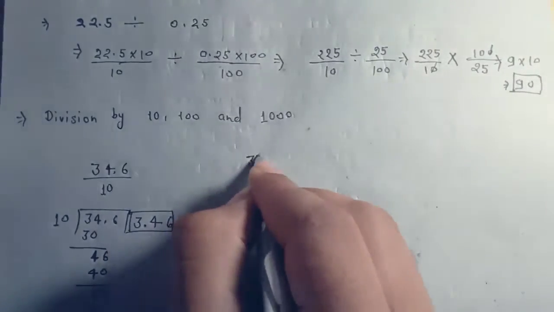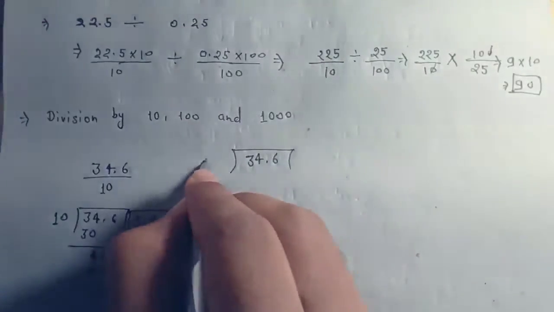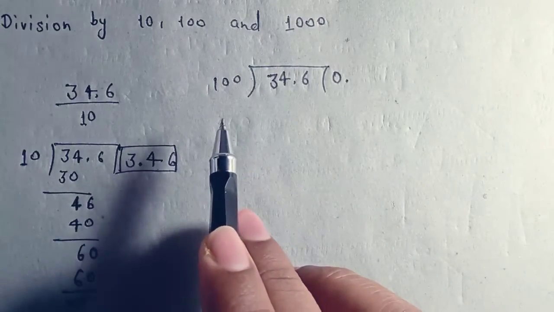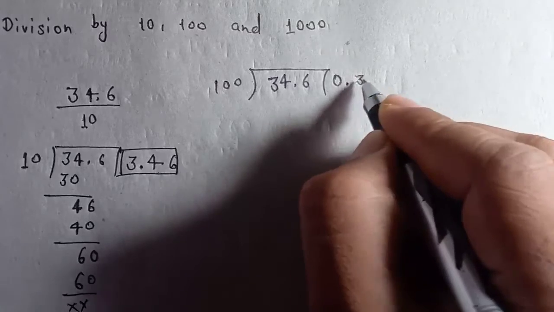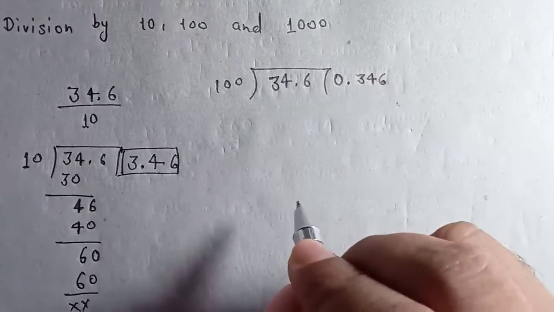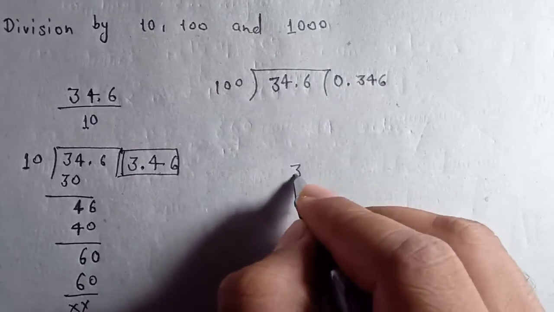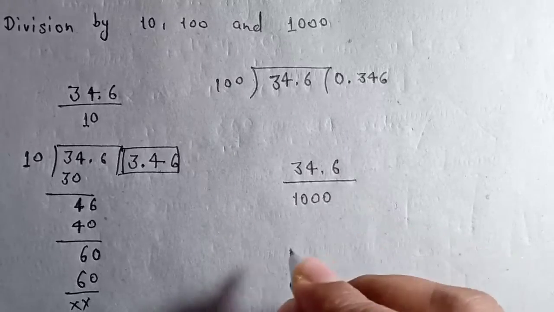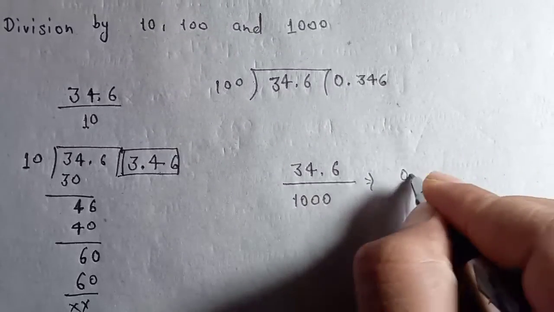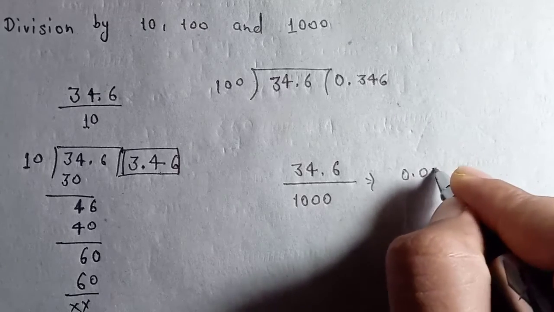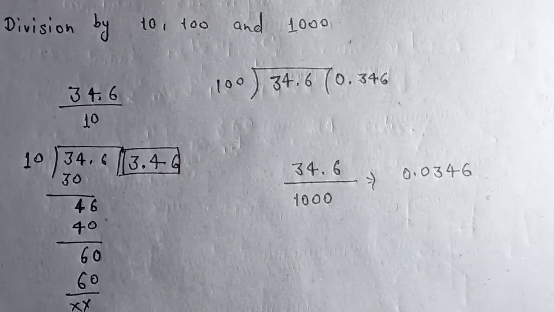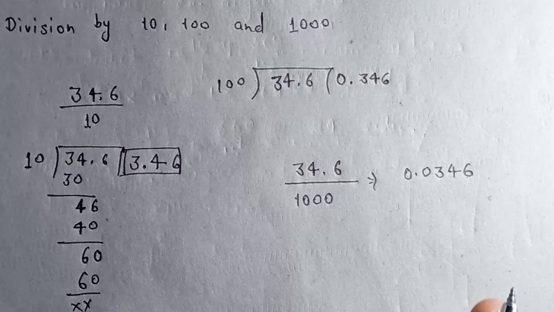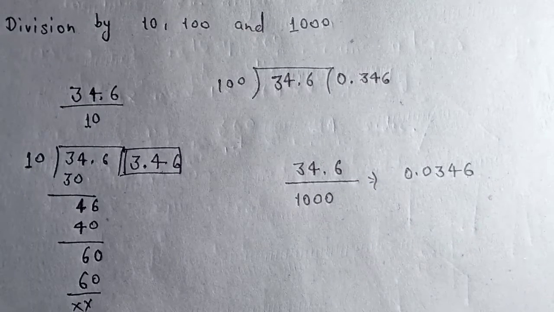See, 34.6 is divided by 100. When we divide 34.6 by 100, we get 0.346. What if I divide 34.6 by 1000? I will get 0.0346. Basically you will observe one thing here, when we divide these numbers by 10, 100 or 1000, the decimal sign is displaced